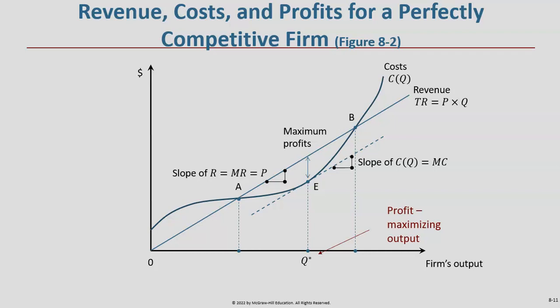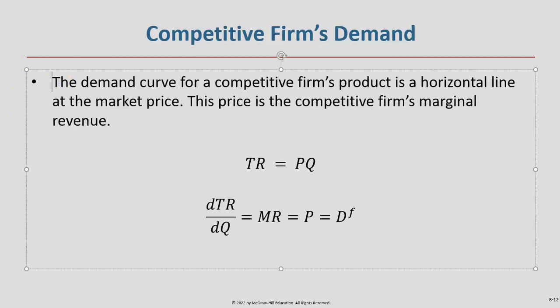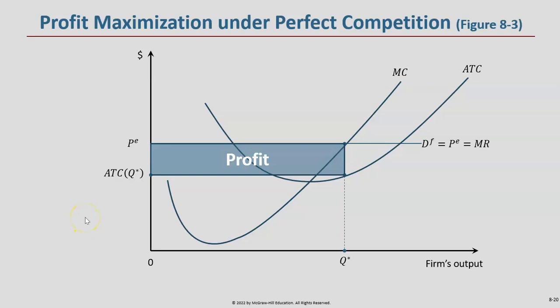So in the previous lecture, we looked at revenues, costs, and profits for the perfectly competitive firm in the total revenue and total cost framework. Okay, now let's take a different look at that. Let's look at it in terms of the math, the equations, and also in terms of figure 8.3, where we look at the average total cost and the marginal cost